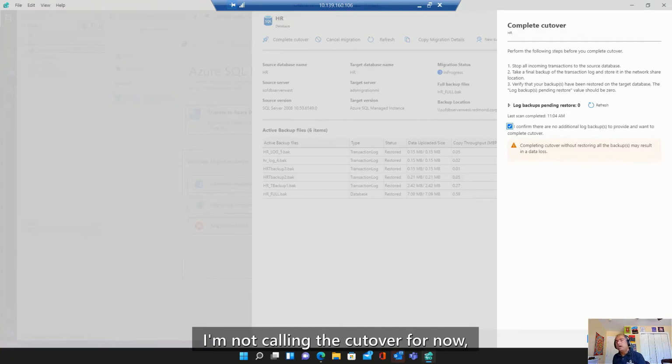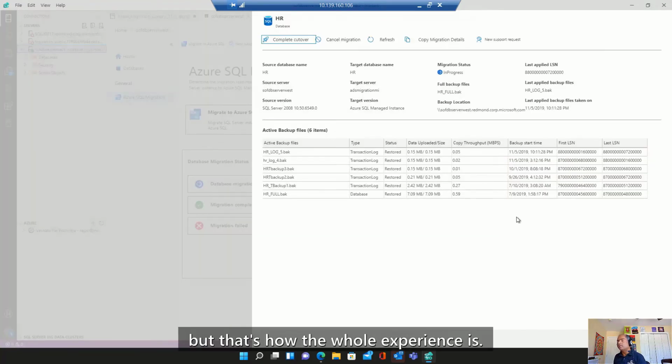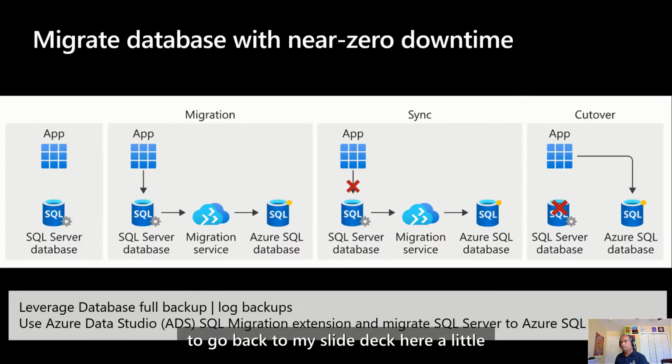I'm not calling the cutover for now. I'm just going to cancel it, but that's how the whole experience is. So far, I'm going to go back to my slide deck here a little. So far what we have seen is